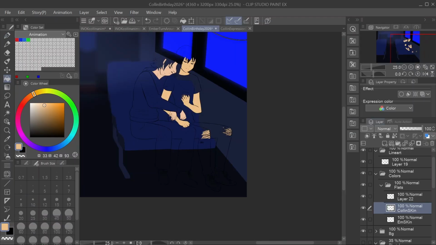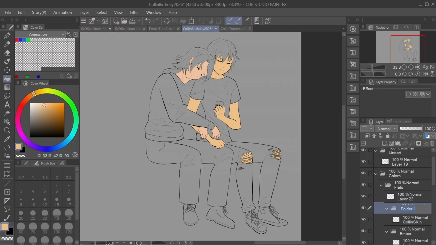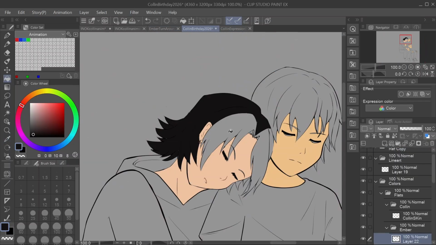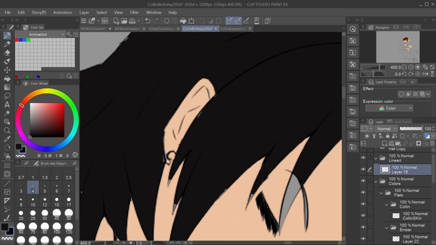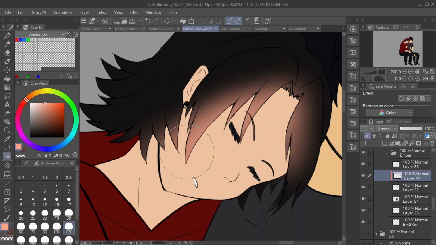It's coloring time! Coloring is one of my favorite things to do. You're seeing your piece transform in real time from something that was in your imagination to something that's more tangible. I start by adding my base colors, and then I move on to what I call tone differences.